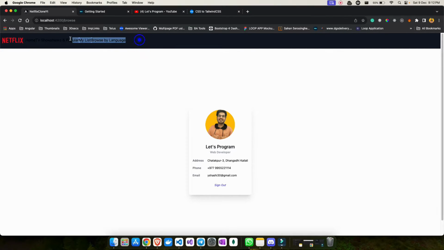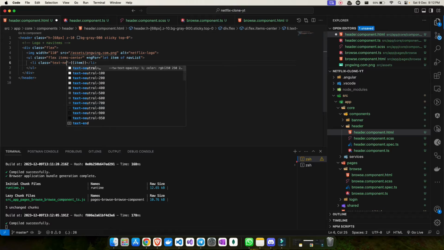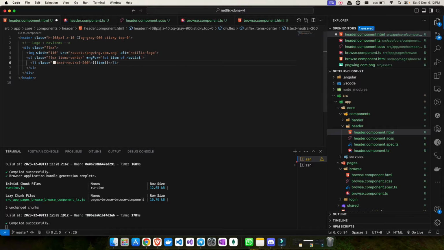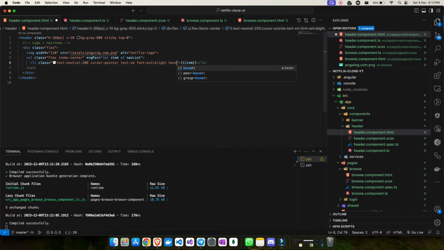Okay, now let me add some colors to my list options. So I will add some neutral color to it. So text-neutral-200. Okay, cursor-pointer and a small text. So for that, I'll say text-sm. Okay, and we can say font-extralight so that the font weight will be quite small. Okay, and also I can add some hover effect to it, like for example, if I need to add some text color change, I can do that by saying text-gray-400 maybe,